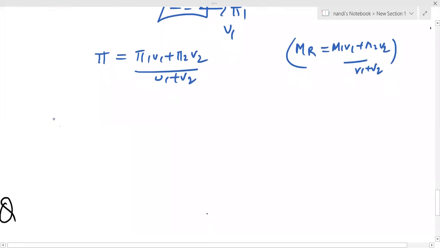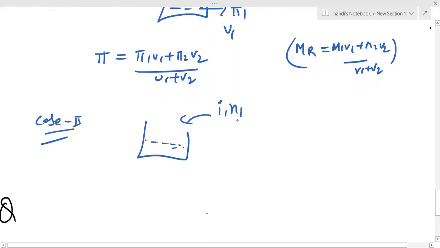So you can take the other case also. Two different-natured solutions we are adding. Different nature means they may have different i values and different moles. N1 is also different, and I'm mixing, maybe with different volumes too. I'm taking all the different cases. Now this solution already contains i2, n2, and volume V2. Then the resulting osmotic pressure equals the first case, pi 1, plus the second case, pi 2.